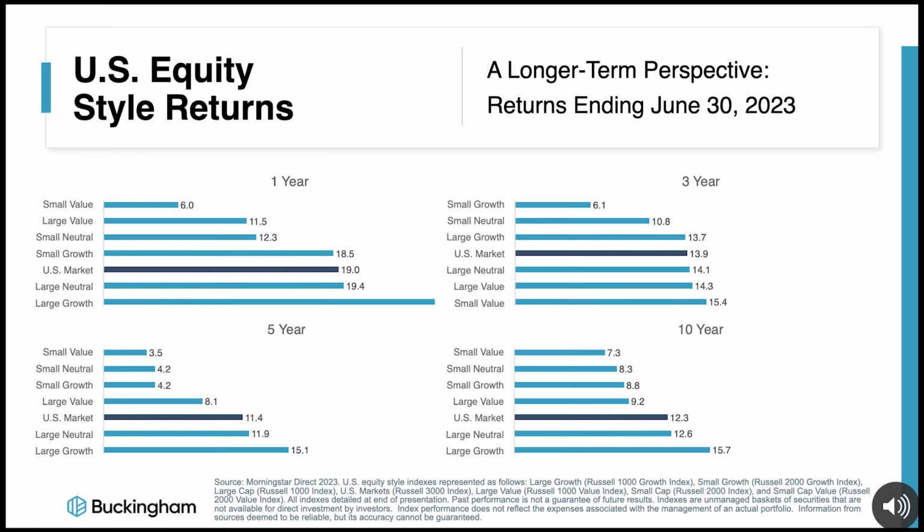During longer time horizons, large growth stocks have had the best performance for the trailing one-year period, gaining 27.1%, which beat the U.S. market by 8.1%. We can also see that small and value stocks have generally been out of favor during these time periods, with a 3-year period being a notable exception.